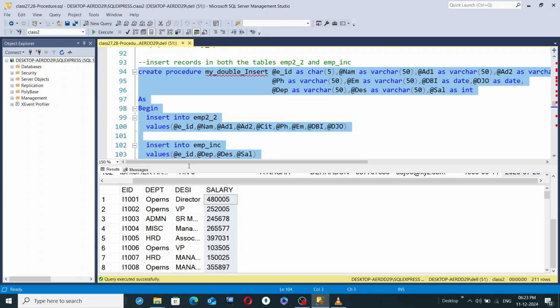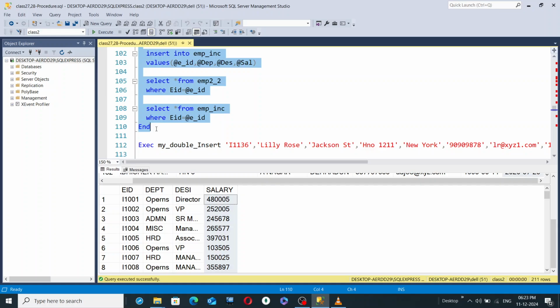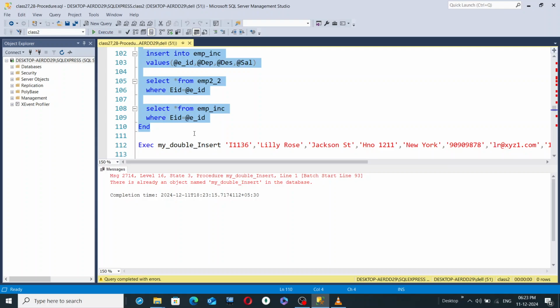So select lines 94 to line number 110. Select lines 94 to 110 and hit the execute button. There is already an object, so simply drop procedure, and the procedure name is my_double